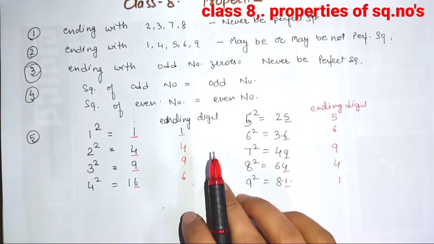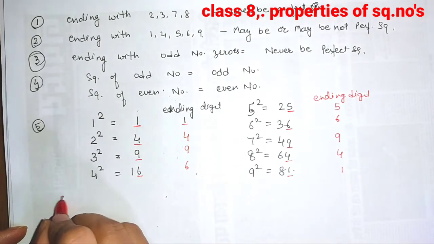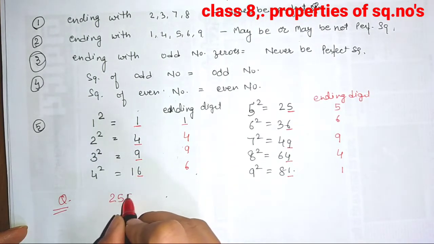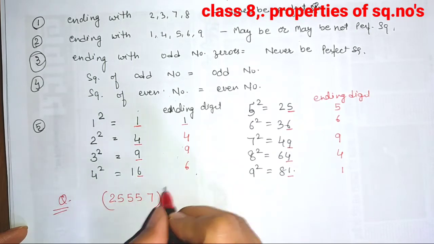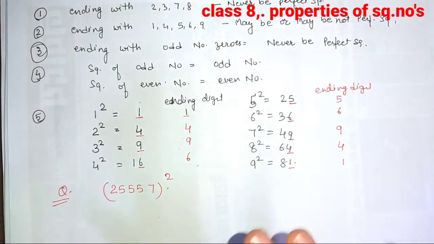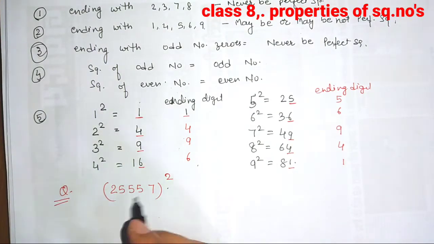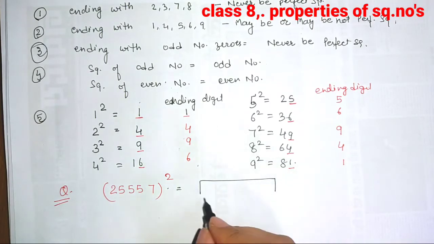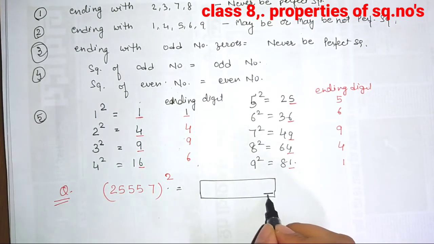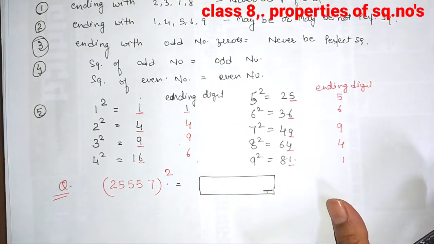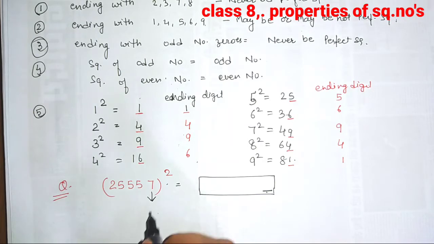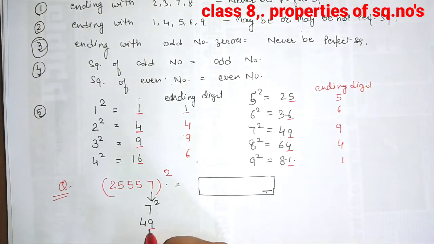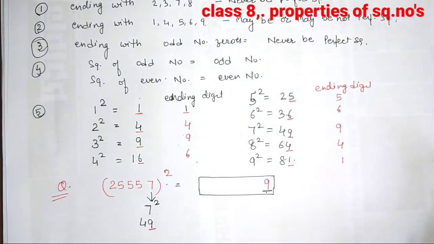So for example, if your question is what will be the ending digit when we square this number? Got it? What do they want? They don't want the answer when you square this number. They only want to know, when you get the answer, what will be the ones digit of this answer. So you can see here is a 7. You square only the ones digit, and 7 squared is 49. So you can see 9 is in the ones place, so here must be 9.